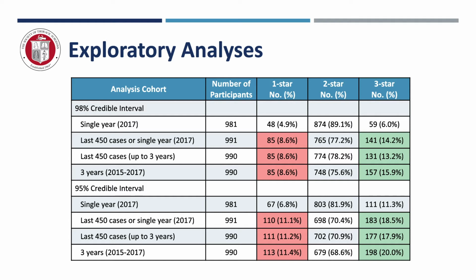The increases were similar for these three alternative approaches, and they were more pronounced with 95% credible intervals as opposed to 98%. Based on these initial explorations, we elected to focus on 3-year data samples as the potential alternative to a 1-year analytic window, as this would be the most straightforward to describe and implement. We also plan to study both 98% and 95% credible intervals.